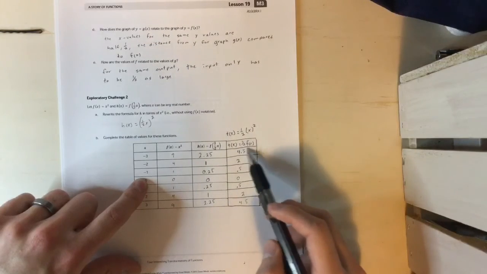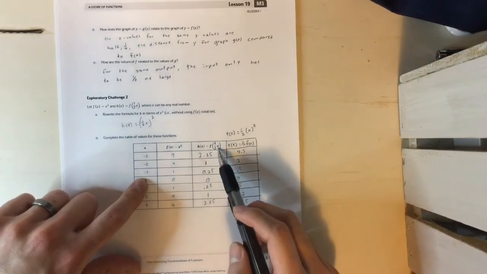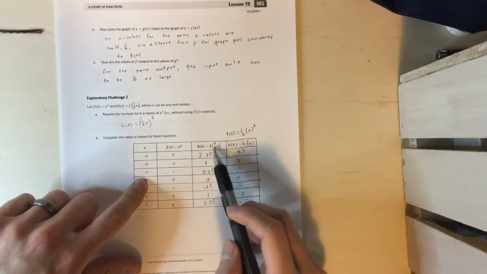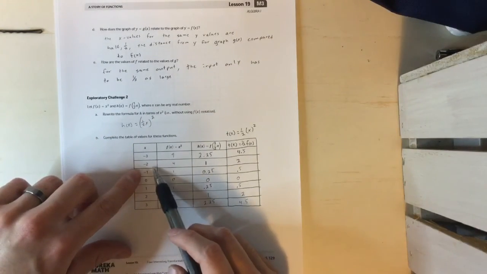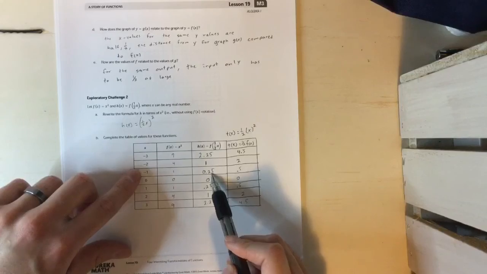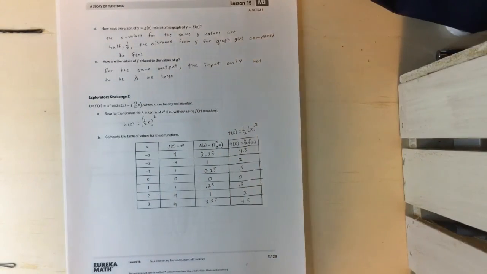This is completely changing the output value. This is keeping the output value the same. If we were to put in 1/2 or 1.5, we'd end up getting these values. It's going to keep those values the same, but it's just going to stretch them out. So we'll kind of see